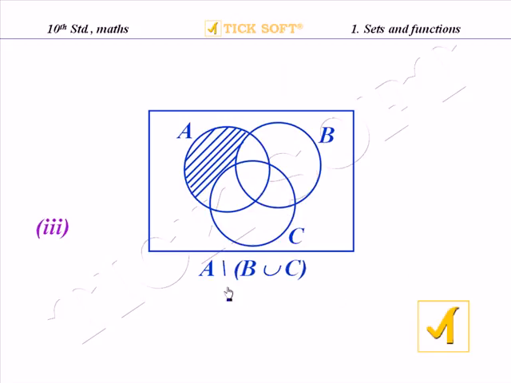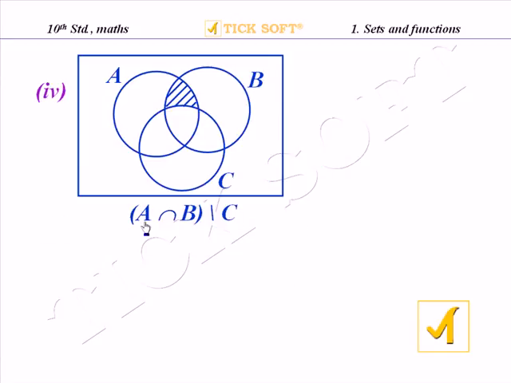Then now this figure denotes A difference B union C, we can say. That is, if you consider B union C, we will have all these B and A, this is C. So all these, B union C, is subtracted from the set A. From that, B union C. B union C means this part will also be there. So that is subtracted and we are having only this term. So what can you say? This denotes A difference B union C.